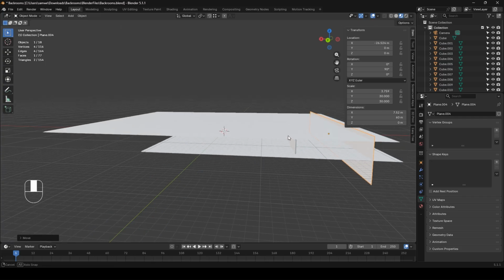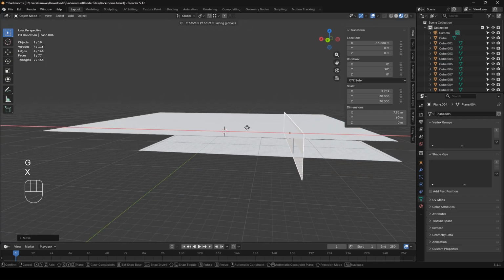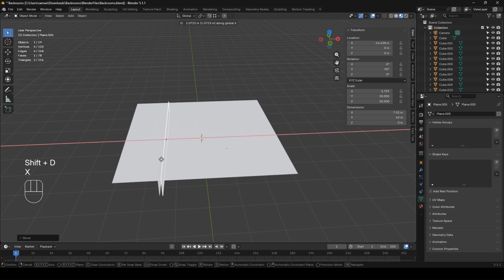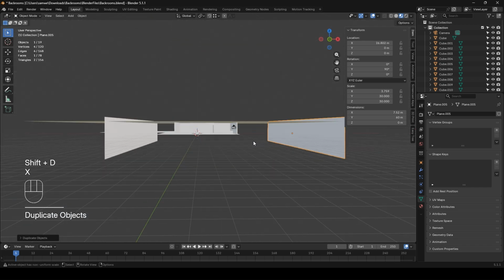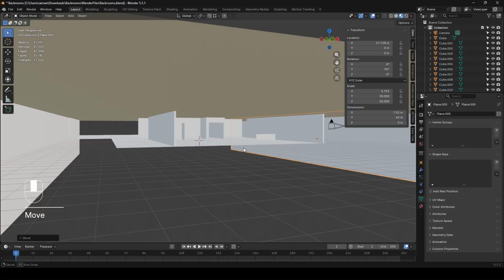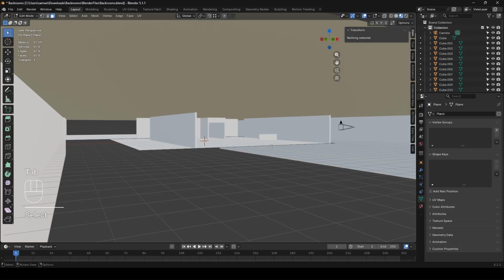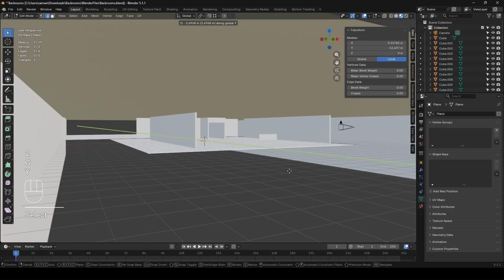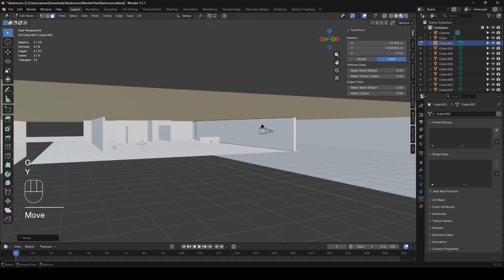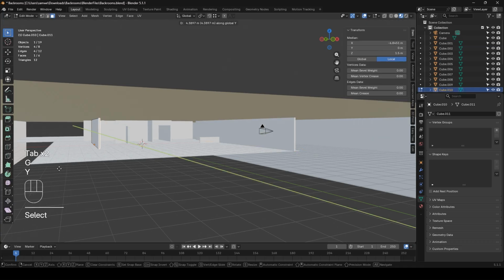So there's our final wall, so I'm just going to move this over on the X so it's there. And then same again, we can just move this over on the X to over here, because we want to remove all form of influence. So what we can do is, if we also just bring this over, and just bring that on the Y, and then this one also on the Y,